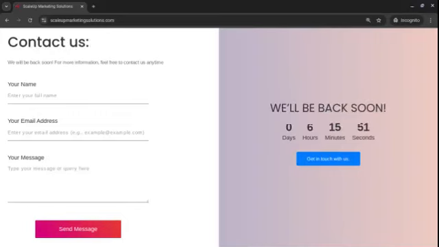Because my website is in maintenance mode, you can see this. Even this you can decide by yourself. So if you are seeing it on mobile, you can only see this part. This contact us form won't be visible in a mobile version, but when you are checking my website or any website that is in maintenance mode on your laptop, you can see this complete page.